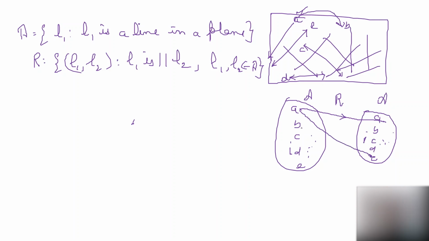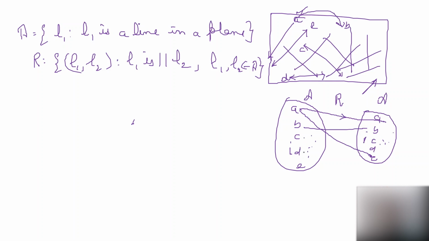Next, you can see B, A. Is B parallel to A? A is not parallel to B. How can it be parallel? B is parallel to B? Yes. B is parallel to C? B is not parallel to C. From the figure we can see it's not parallel to C. And C and D are also not parallel. C and E are also not parallel.